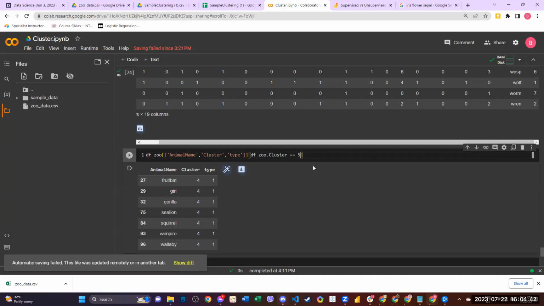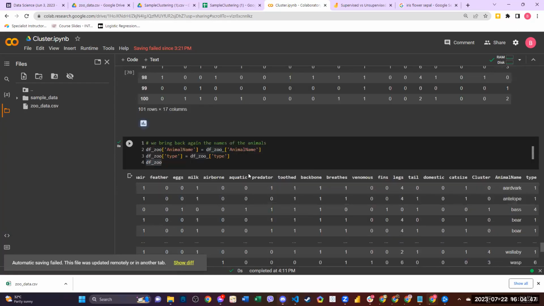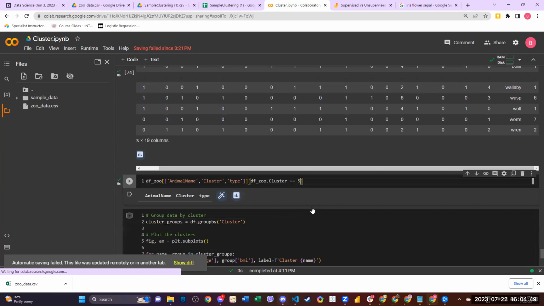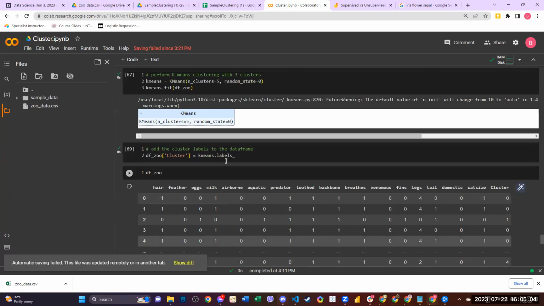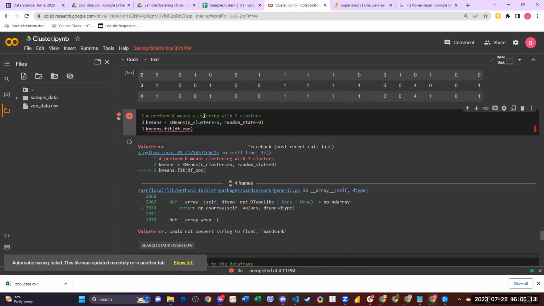And we don't have any more with 5. So using 5 clusters, I think it's still not appropriate. So let me extend that to 7 clusters or 6 clusters instead of 5. So if I'm going to use 6 clusters, I will start modifying this one. I'm going to use 6 clusters and